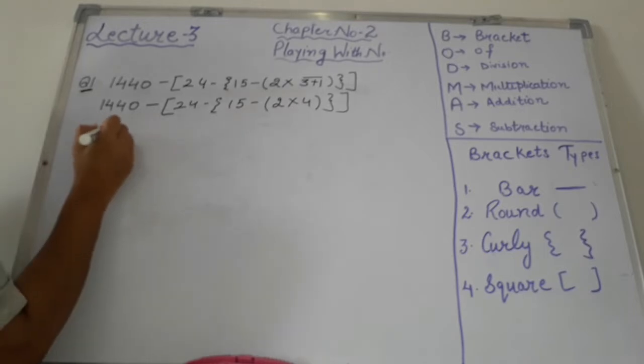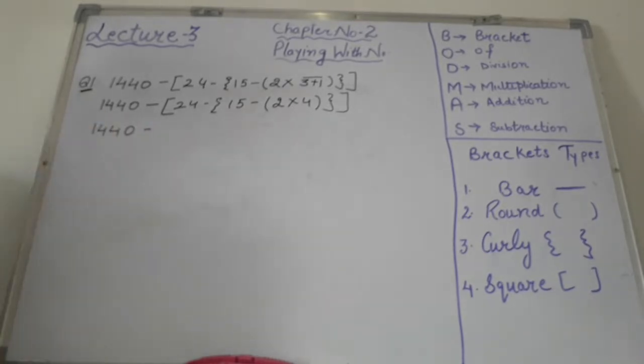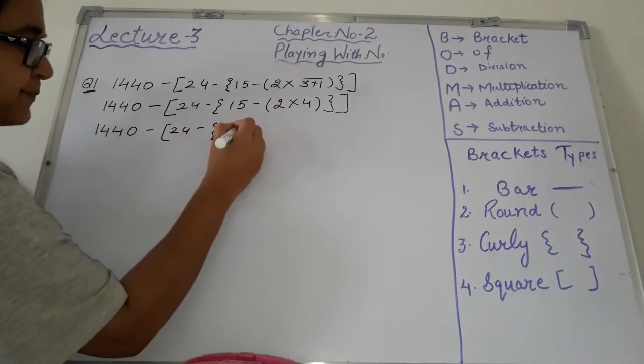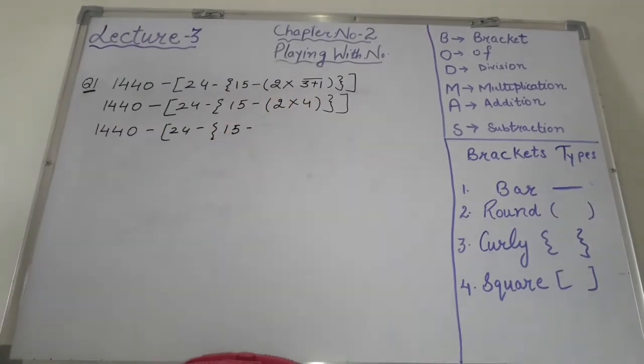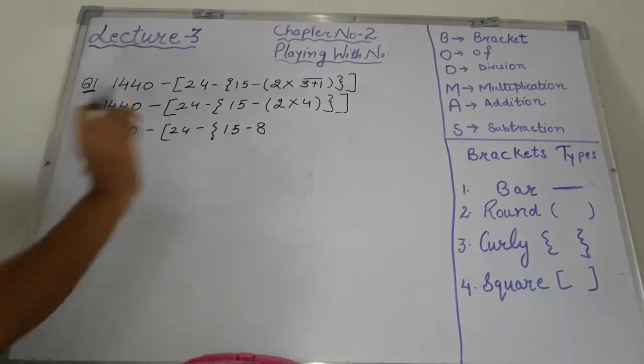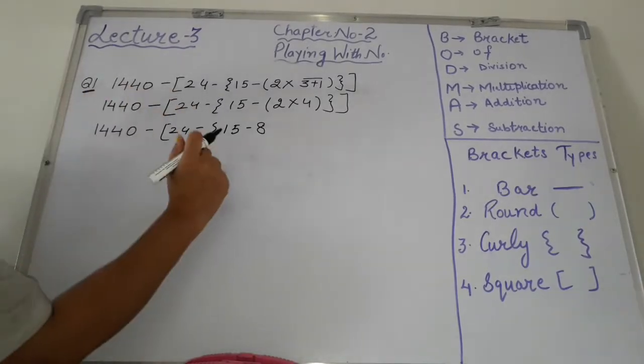Right? Now in the next step, which bracket will I solve now? I will solve my round bracket. As I have finished my bar bracket, I will continue with my round bracket. Now solving the round bracket, I have 2 multiplied by 4 and its answer becomes 8. I have solved this round bracket, so I will not put the round bracket again, and I will close the curly bracket and then the square bracket. Okay. Now next